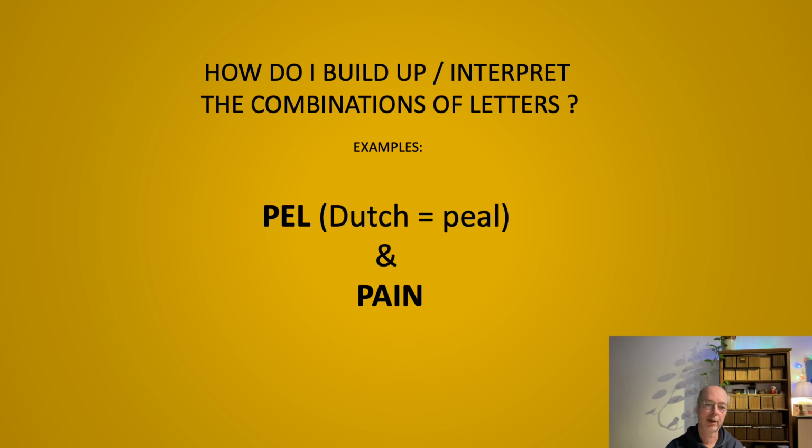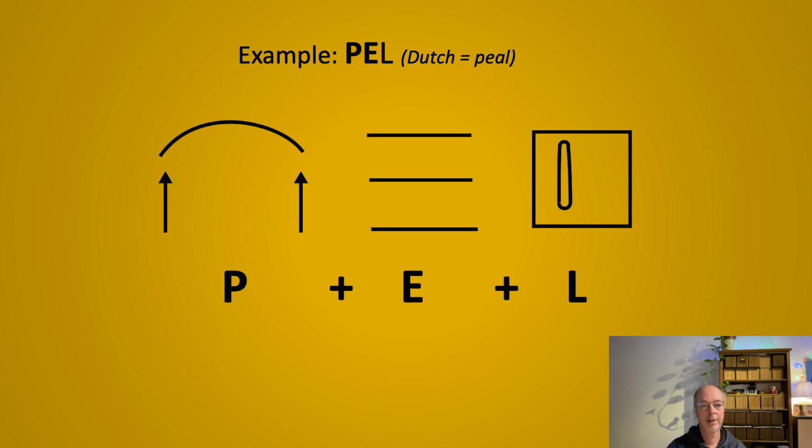I'll take a Dutch word and I will take an English word. The Dutch word is almost like the English word, but I will take the English example as well. PEL or PEAL, and then pain, two words with a P. So let's go. We have the P here, which is something pressed out somewhere. The E, which has a certain length, and the L, which is the formation of a certain volume inside a certain area, let's say,